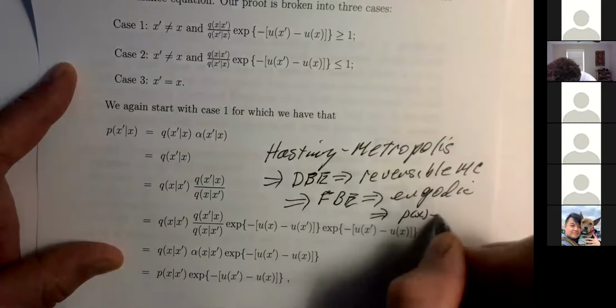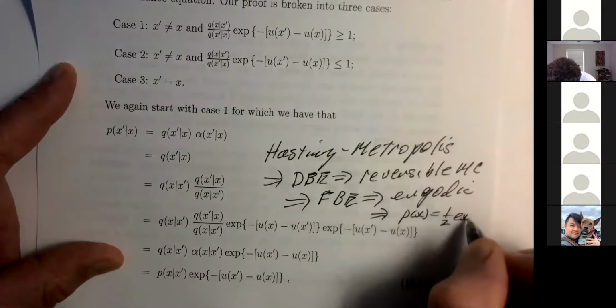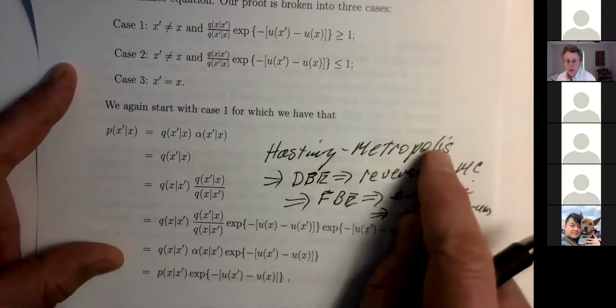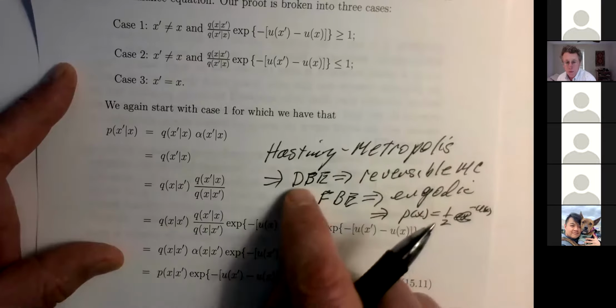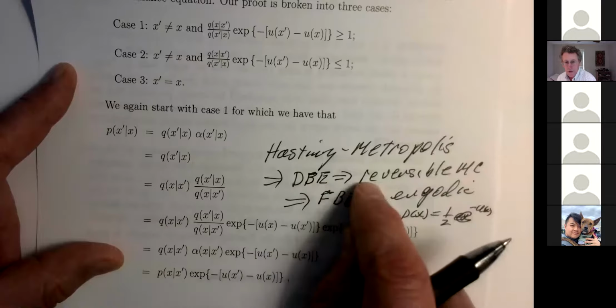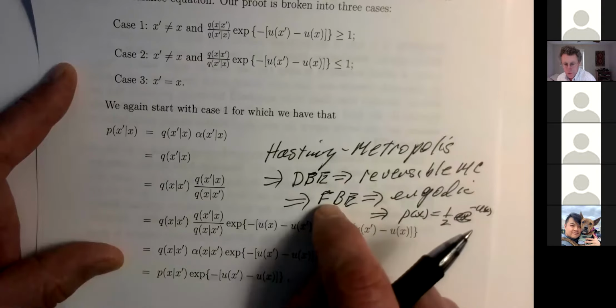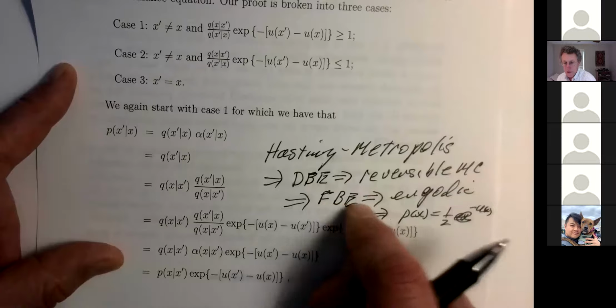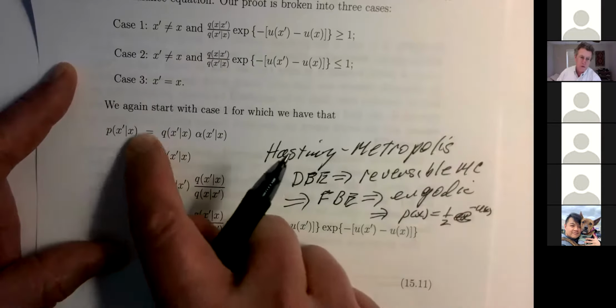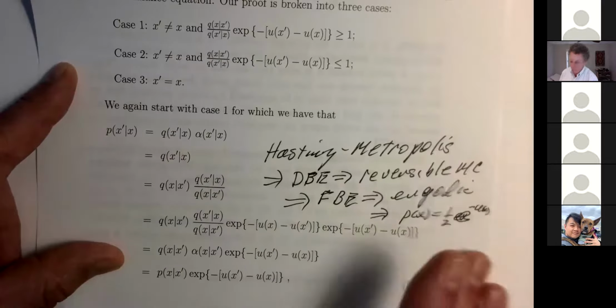P of x equals 1 over Z e to the minus U of x. That was way too small, but okay, you got the idea, hopefully. So that's the logic. You prove that the Hastings Metropolis algorithm solves the detailed balance equations. Then that means it's reversible, which means it has to solve the full balance equations. It means it's ergodic, and its ergodic distribution is whatever it used to solve this, which in this case is,